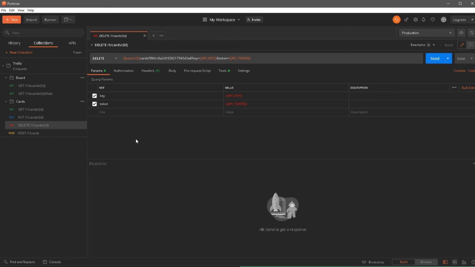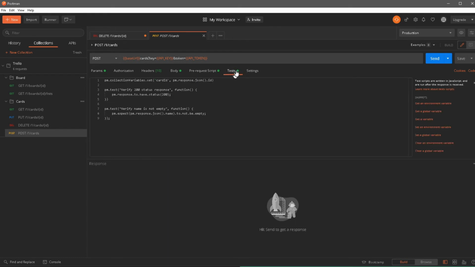So how can we fix this? This one is easy, because in our previous videos we created this card ID variable. We can use this and pass it in here, and obviously I'm going to have to use 2 curly brackets to make this a variable. Just as a quick refresher, when we create this post card request, which is actually creating the card, once it gets created, in the test over here we are setting a variable.